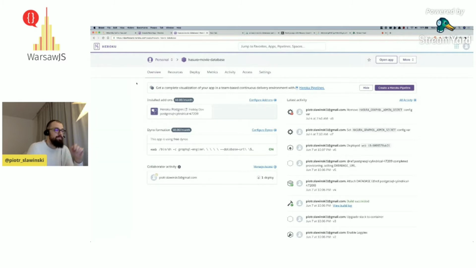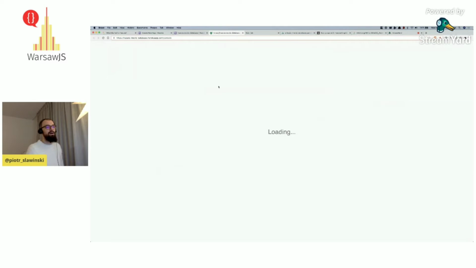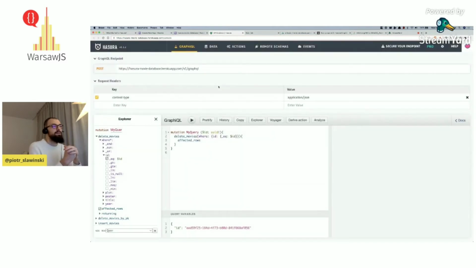So this is Hasura on Heroku. I'm using a Heroku Postgres resource, and what it does, it actually spins up a Hasura graphical user interface with your own resources. So it's over here. It takes a while, and we're in Hasura.